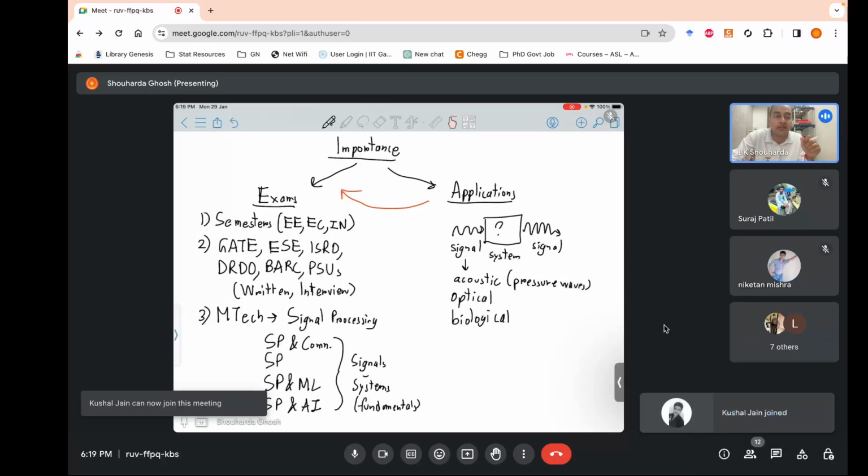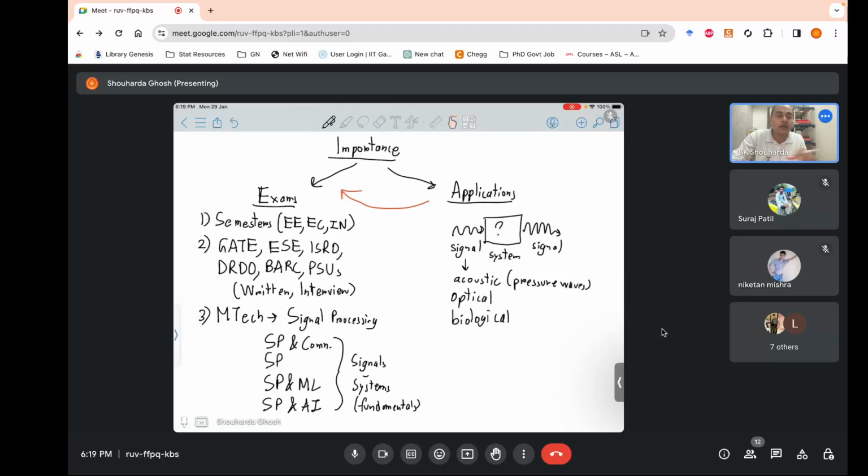For example, you might be knowing about Pavlov's famous dog experiment, which I guess gave him the Nobel Prize. So initially he was conditioning the dog, saying that whenever he rang the bell, the food used to be given to the dog, and the dog would come out and see that the food was given the moment the bell was rung. He kept on continuing this process, and in that process, whenever the dog used to see that food, he would salivate. Now he could get the connection that the system is the dog's brain. The input is the acoustic sound of the bell, and whenever he sees this food, he gets to drool, release the saliva.